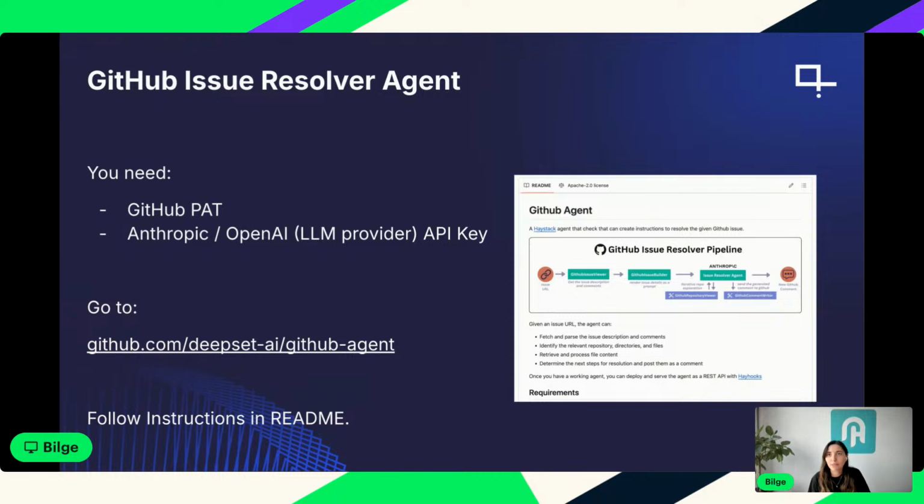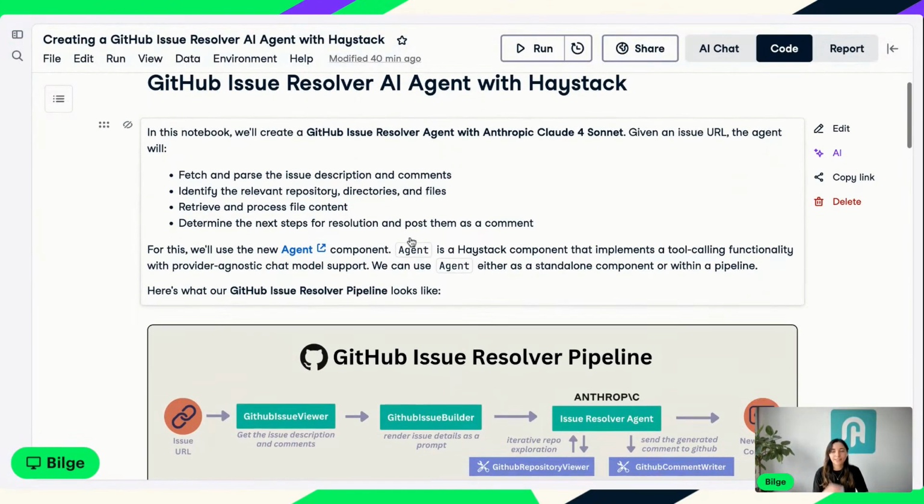All right, so let me share my other screen and we can start coding together. All right, so